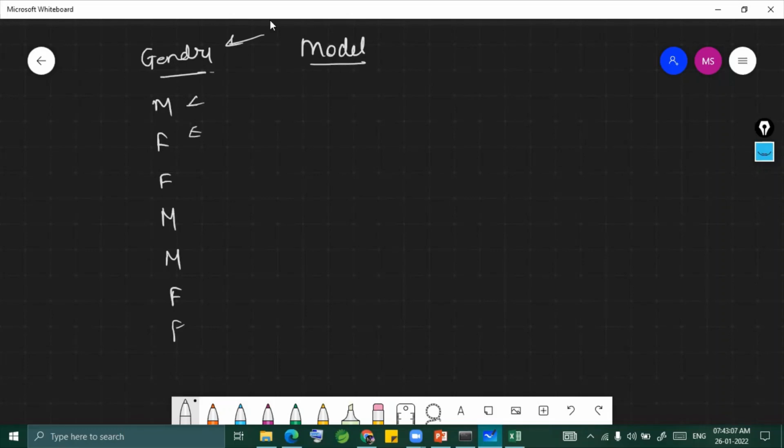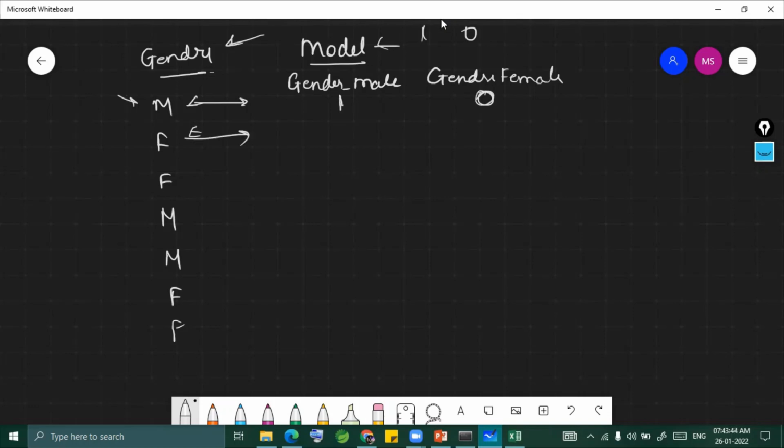इसको कैसे समझते पता है, ऐसे सर्किट का जैसे ड्रॉ करने लगते हैं, जेंडर मेल, और दो हम लोग क्लासिफिकेशन बनाएंगे इसका, जेंडर फीमेल। अगर मुझे अभी मेल लिखना है ना, तो मेल को 1 करेगा और जेंडर को 0 करेगा। This is how the model learns. This is a machine, it will only know 1 and 0. ओके, ऐसे ही समझ में आता है, न्यूमेरिकल में समझ में आता है, ऐसा कैटेगरिकल में नहीं समझ में आता है। So that's why we are actually keeping, अभी मेल रहेगा तो it will be जेंडर मेल को 1 and इसको 0। अभी फीमेल किया तो क्या करेगा, मेल को 0 करेगा और फीमेल को 1 करेगा।